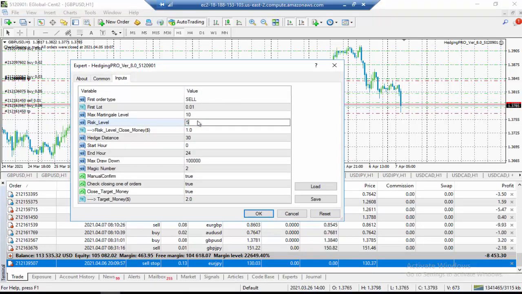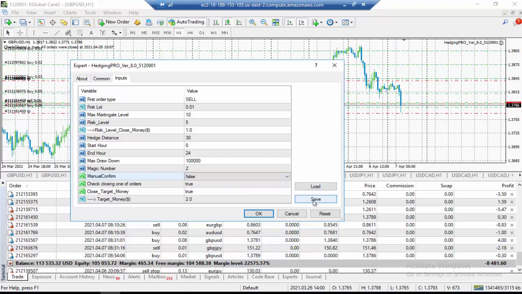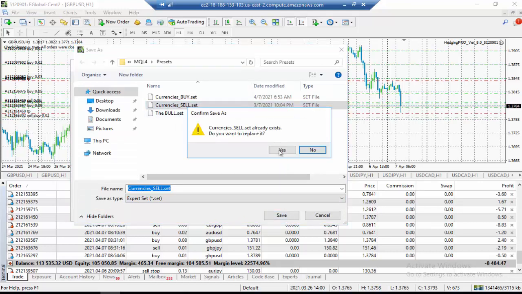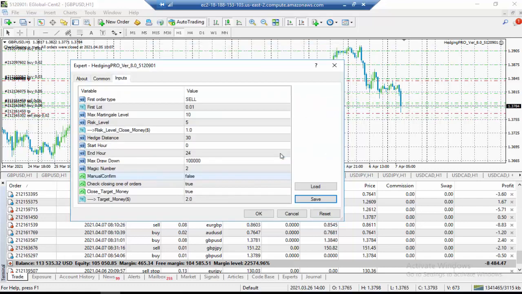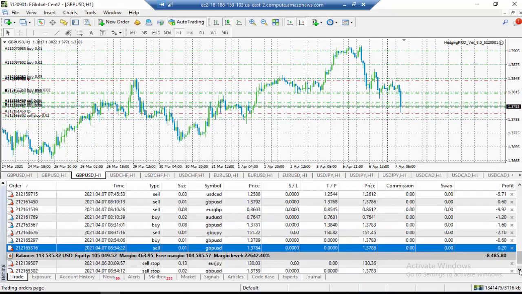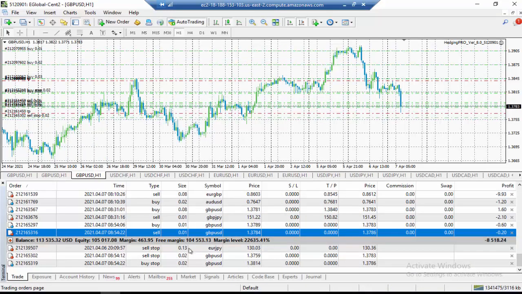I'm changing this one to 5, leaving everything as it is. I'm changing this one to false because I want it to be fully auto. Then I'm going to say save. Then I'm saving the preset as currency sell. Then okay, then save. Now I say okay. Now if we look at the bottom, you can see that the software has started placing